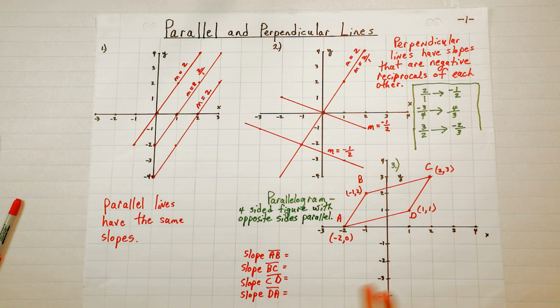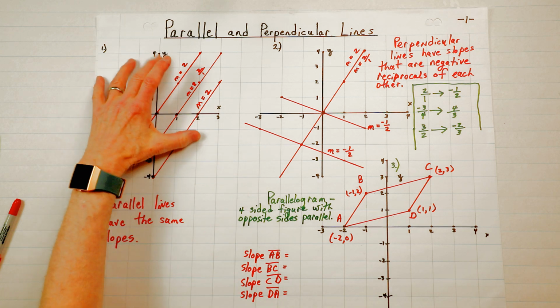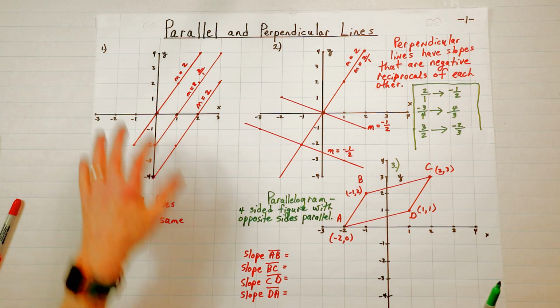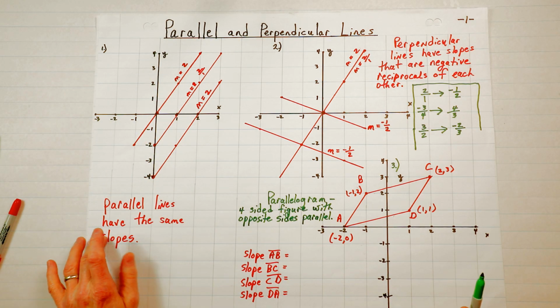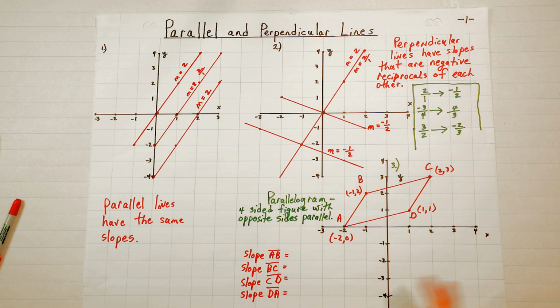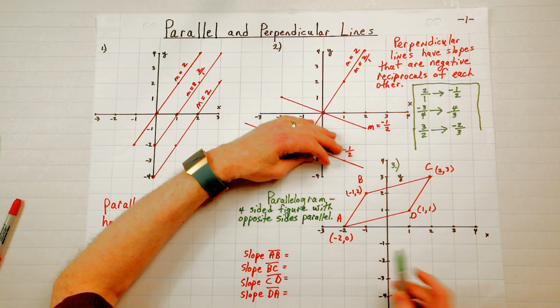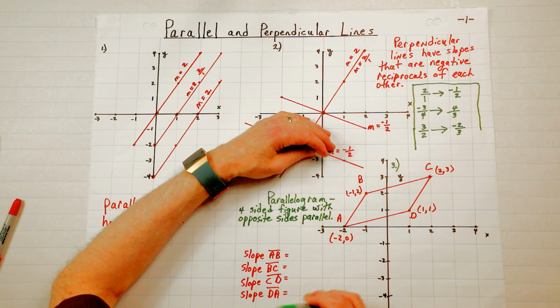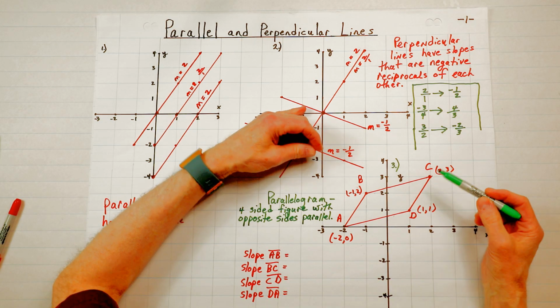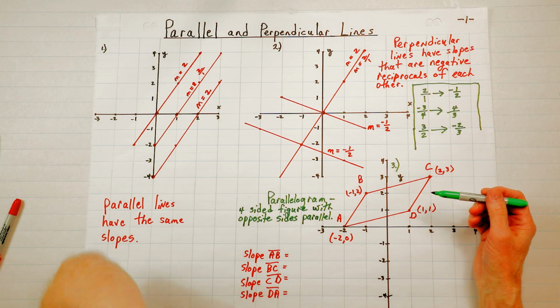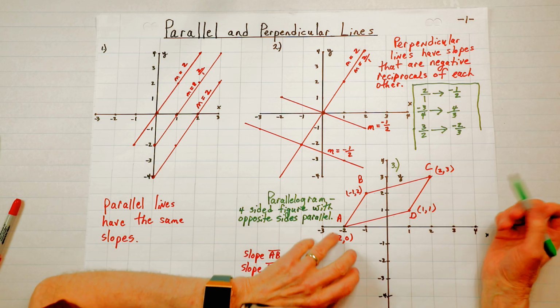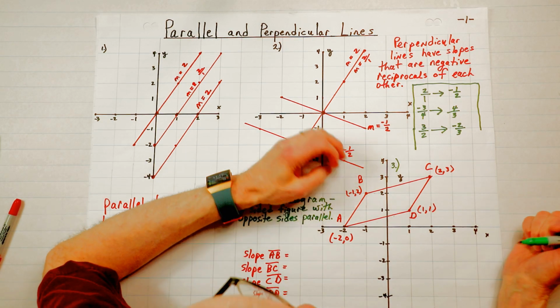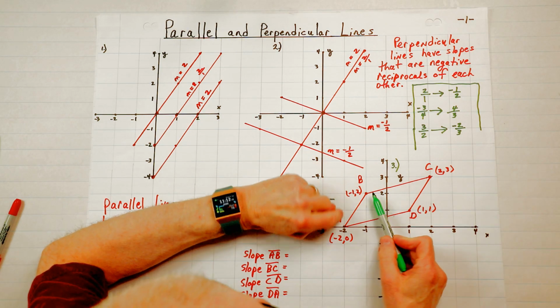So, parallel. Immediately, you should be thinking about slopes, and you should be thinking about opposite sides having the same slope. Doesn't mean all four sides are going to have the same slope, just opposite sides. Okay, we'll calculate them down here, but first, let's look and see if we can figure them out by looking at the graph. If you have a good graph, you should be able to figure them out from the graph. Okay, let's start